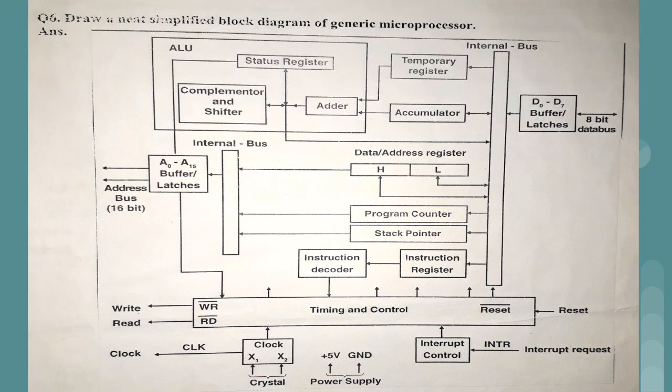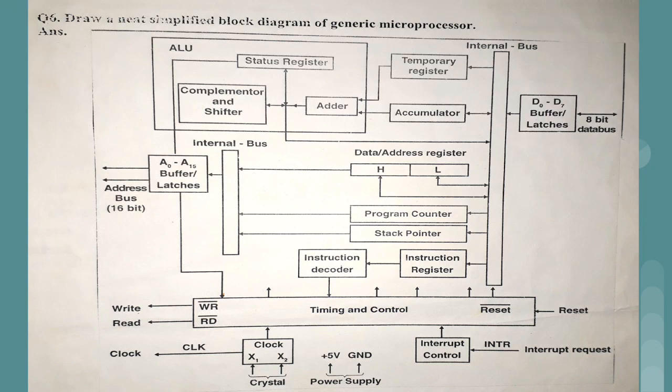Then we have seen the block diagram of the CPU architecture of a microcomputer. Now we are seeing the block diagram of a generic microprocessor. After that, in a further lecture, we will have one more diagram, that is, the functional block diagram of a microprocessor system. So all these diagrams are different, and we should remember each and every diagram according to its components.